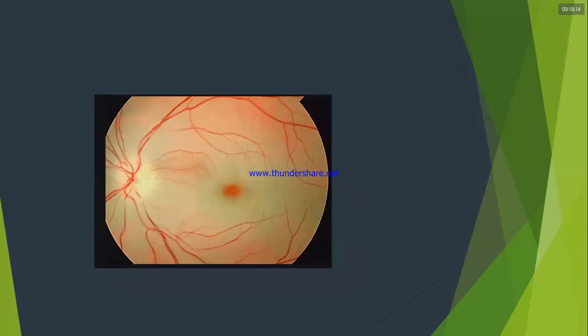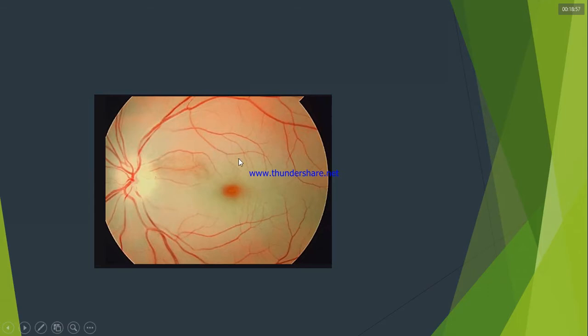Now coming back to this picture, you can observe over here this is the optic disc. There is a disc edema, but you cannot see such a frank edema. In case of frank optic disc edema, the margin will not be so much demarcated. Over here somehow you can landmark a margin, and the cup-disc ratio will be disturbed. Here you also cannot see the cupping, it is completely edematous, so the cup-disc ratio is altered.